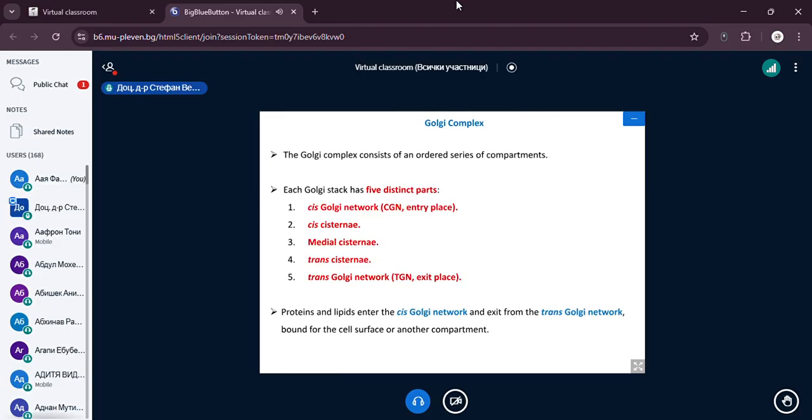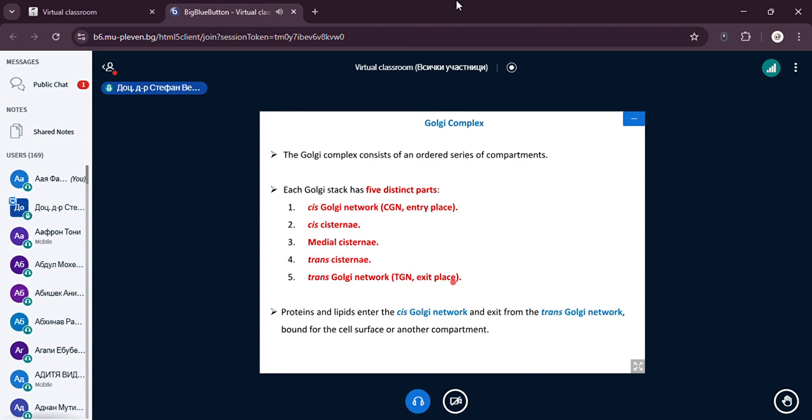So 5 distinct parts: this cis-Golgi network, this is the entry place for the Golgi apparatus, then one or two cisternae, usually a single medial cisterna, then one or two trans cisternae, and trans-Golgi network, which is the exit place